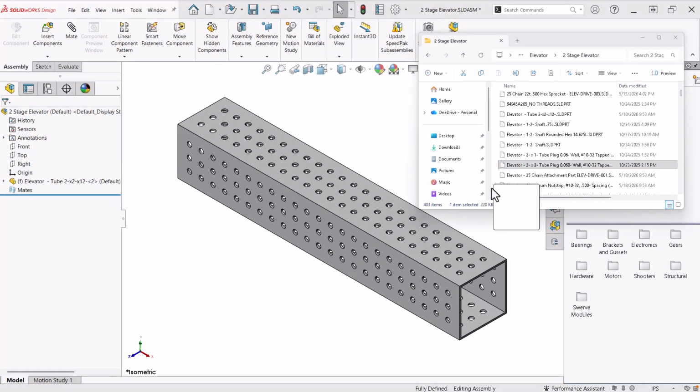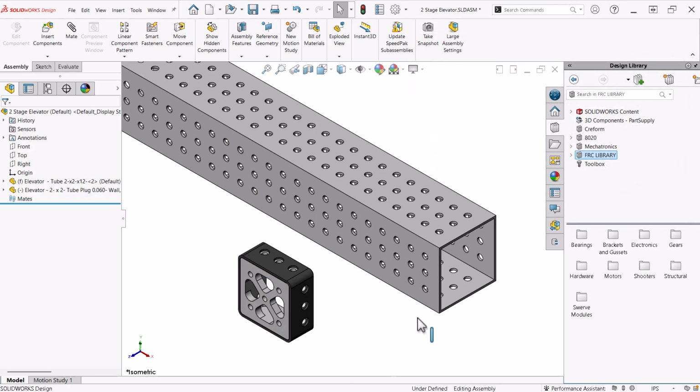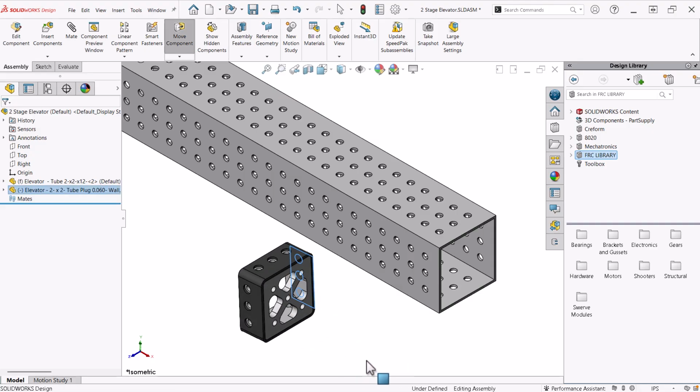At this point, it is good practice to save the assembly. Another way to insert components is to drag them into the assembly, right from Windows File Explorer. Since this is the second component placed into the assembly, it is floating freely in the environment. Prior to mating, I want to orient the component close to its destination. I accomplish this easily by using the right mouse button to click and drag on the component, rotating it into